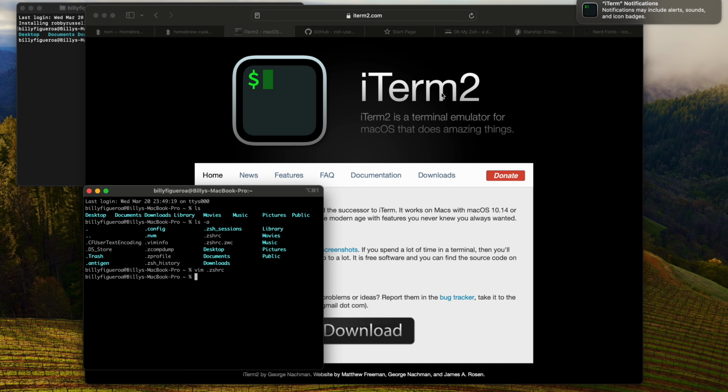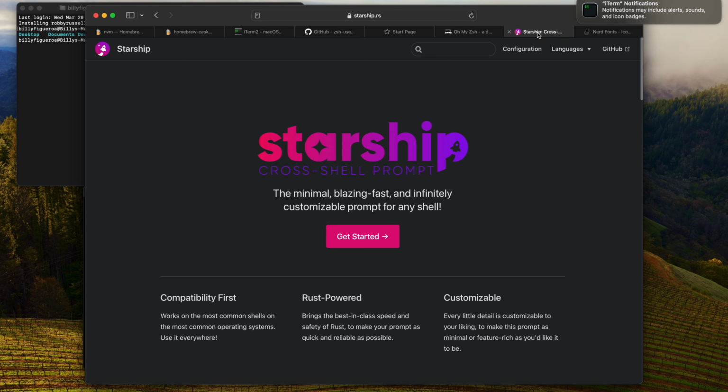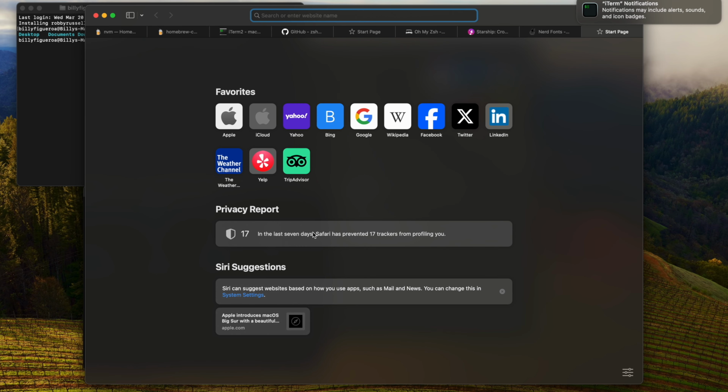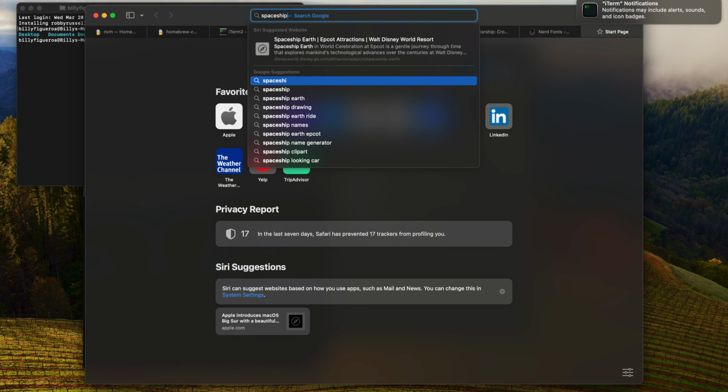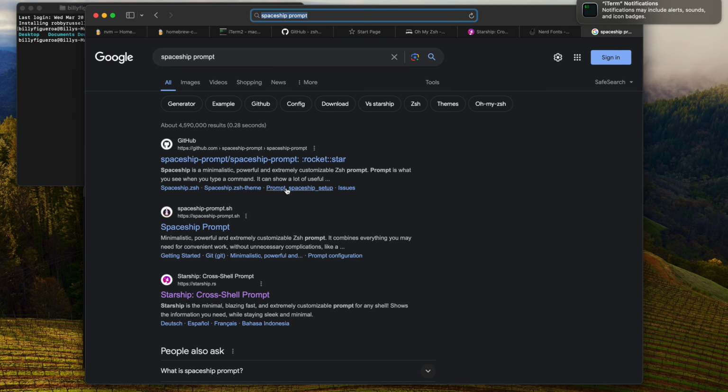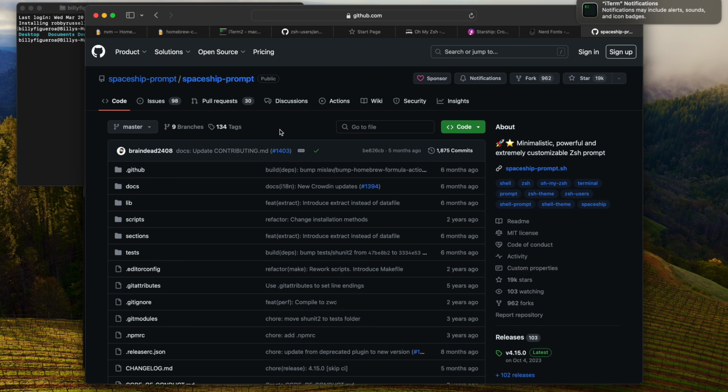What I want to talk about next is Starship. I have worked with Starship before when I was using the traditional terminal, and I would customize the prompt to something that is very specific to this. And what I found out was that there is a plugin that I can use that gives me the Starship prompt look without actually using Starship itself, and that is called Spaceship Prompt. So let's go ahead and take a look for that. What we want to do here is grab the name of this repo